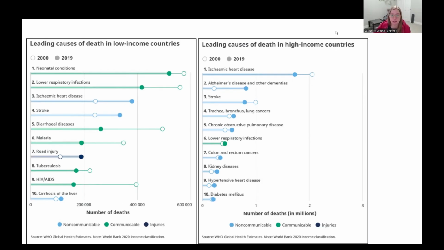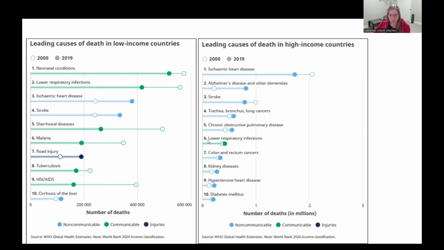Some of the trends that I think are worth noting is the number of deaths. So we have different scale bars, in millions or in hundreds of thousands, and then the types of deaths. In high-income countries, our top 5 are all non-communicable. So we have heart disease, Alzheimer's disease, stroke. Heart disease and stroke can go together. They're both cardiovascular, they're both blood pressure issues. Then we have types of cancers and chronic obstructive pulmonary disease, which could go into a basket with stroke and